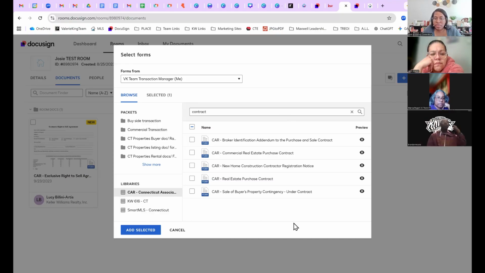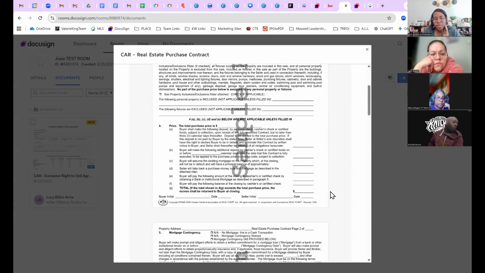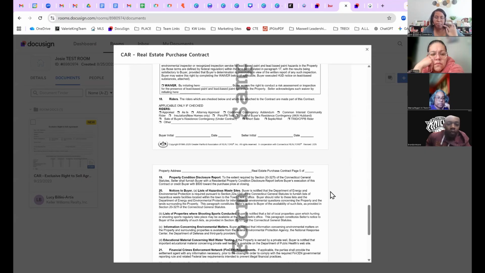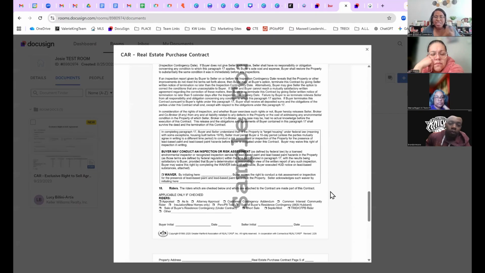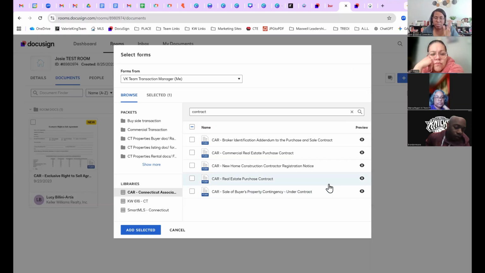I do want to see if the CAR, the Hartford one, we'll use this example. Sometimes the Hartford offices, so if it's a Hartford County property, then this might be the one that they request us to use, as opposed to the Smart MLS one. They just have their own that they prefer. So we will pull this one as well, just so I can show you some of the main